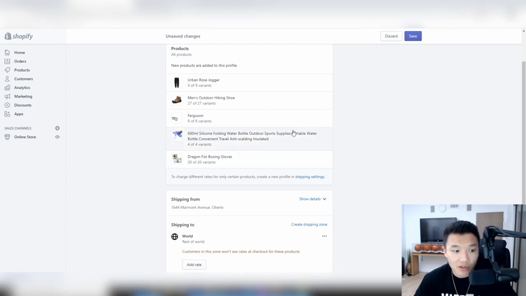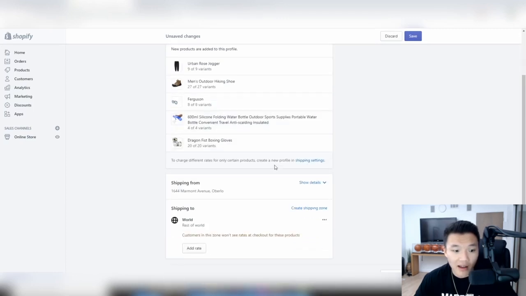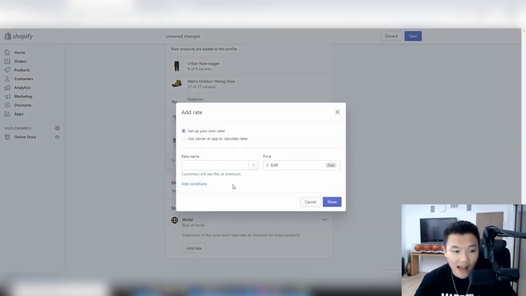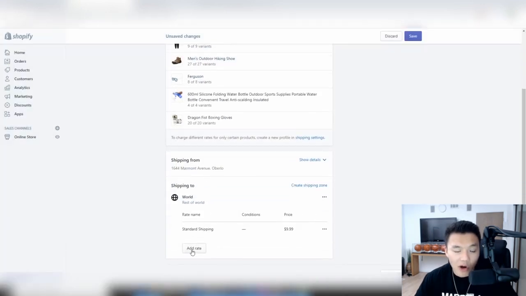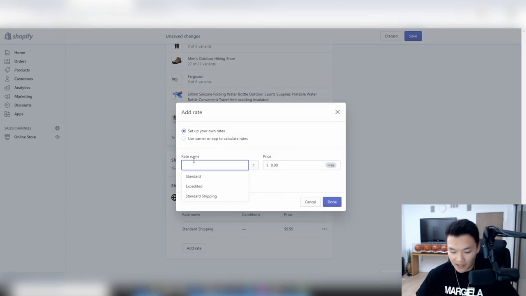And again, customers don't see how you set up shipping in the back end. They just see the different rates. So we're going to add the rate, right? We're going to make a rate called standard shipping. And we're going to make that, let's just say $9.99. Done. And then we're also going to make another rate and we're going to call this limited time free shipping